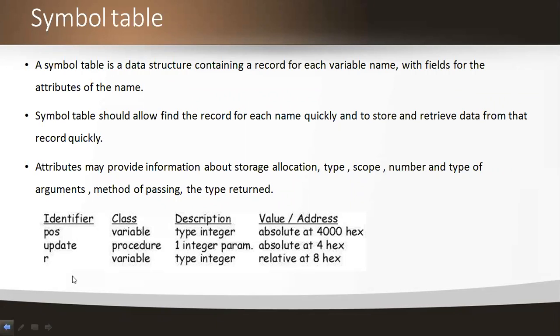This is the way of storing identifiers and their class, the description of that class, and the values or address of those identifiers, at each and every phase level.